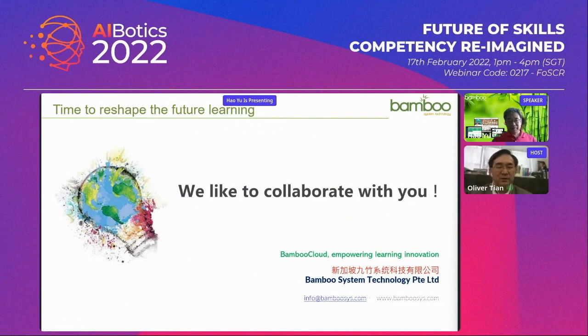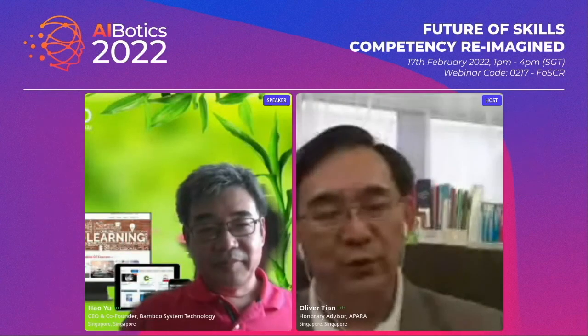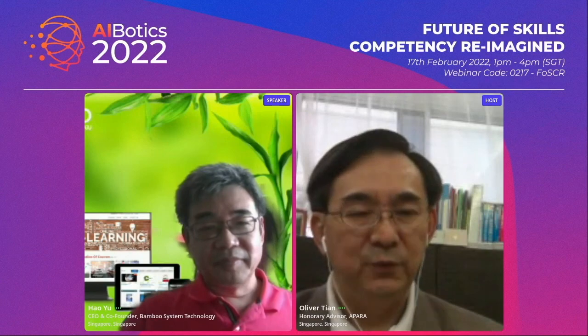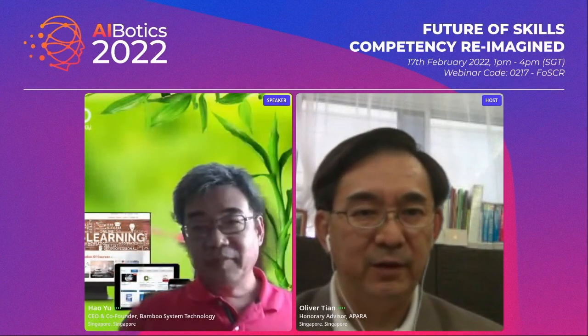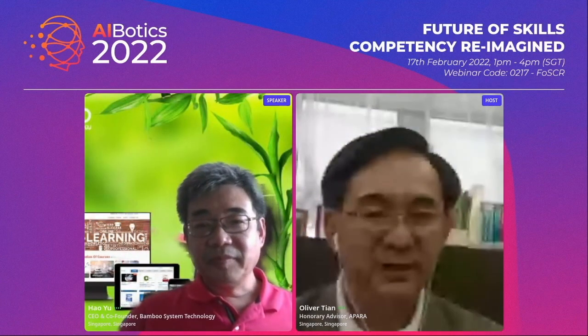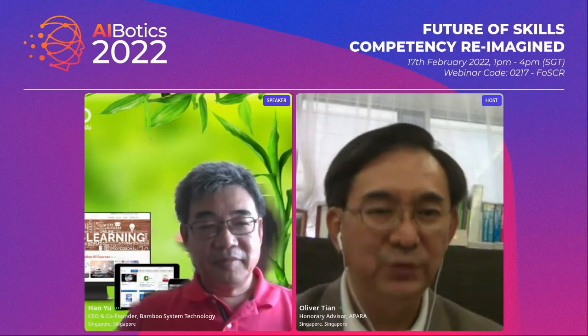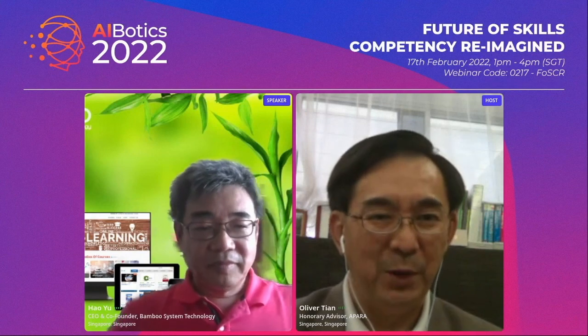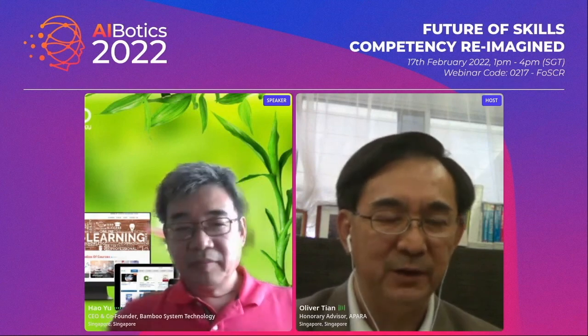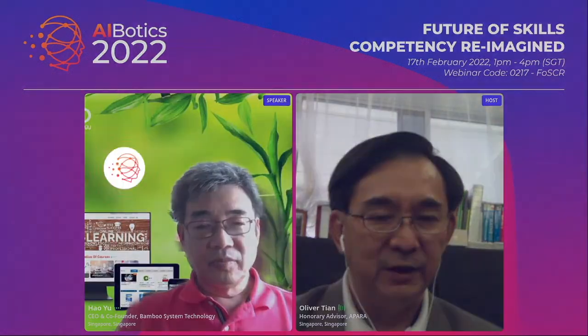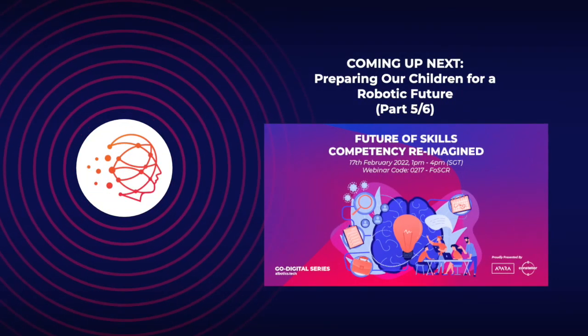This is an amazing discussion. I guess so far the alignment is very clear: personalized learning is the direction to go. And I like the last slide that says learning in the future will be beyond the walls, no walls and no boundary. That would mean humankind will be able to advance very fast and learn from each other. Cross-border exchange of ideas and innovation will certainly benefit from such a